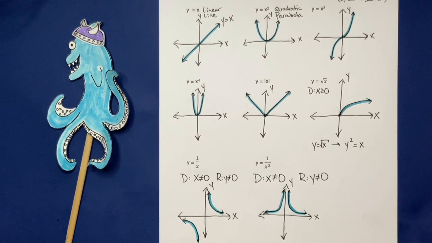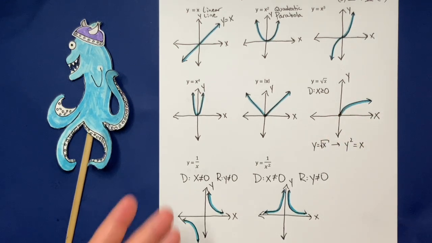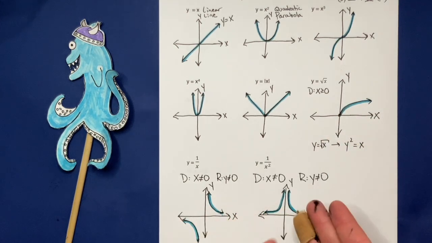If someone suddenly asks you, what does absolute value look like? You'll say it's a V. What does radical x look like? It looks like this weird little half a parabola. What does this look like? Well, you don't know why. I didn't really justify it except to say this is what they look like. And if you start familiarizing yourself with these now, then you'll have a better idea of what you're aiming for